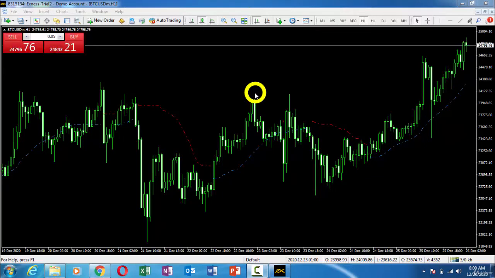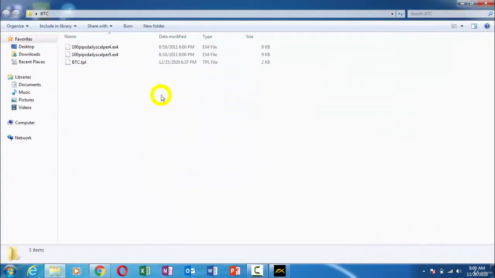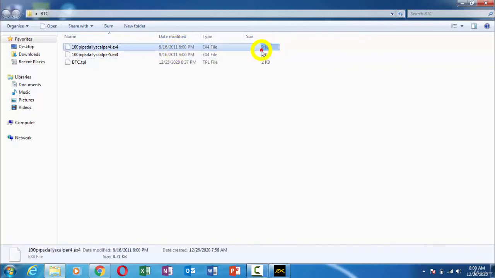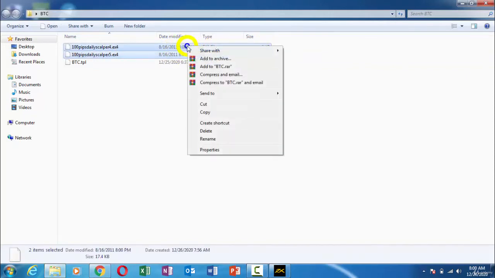Anyways, my dear students, we will see how we can get this system into our MT4. This is really simple and to the point, and this is a hugely profitable strategy. Let's see that. First of all, my dear students, you will get these files from your downloadable resources. These are the two indicator files. You need to copy both of these two EX4 files. Just right click and copy them.